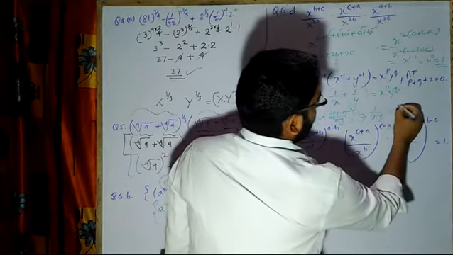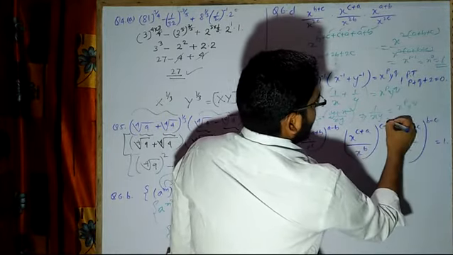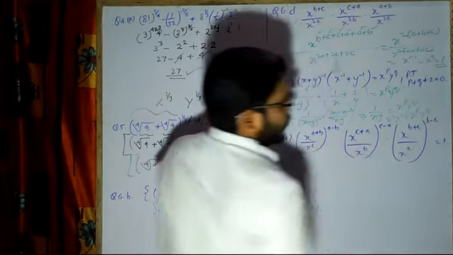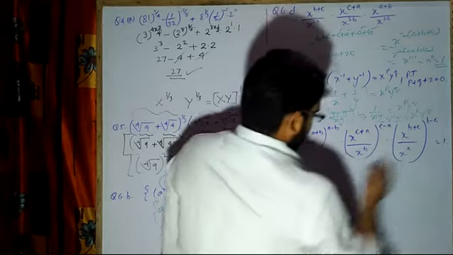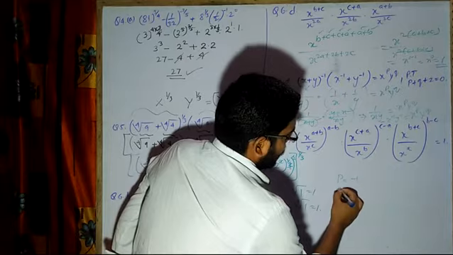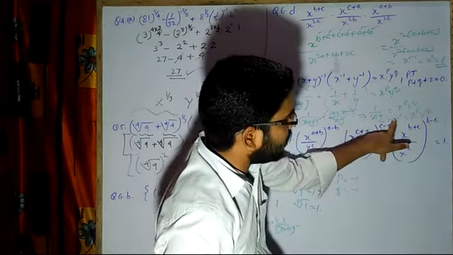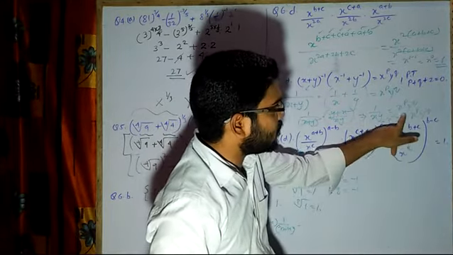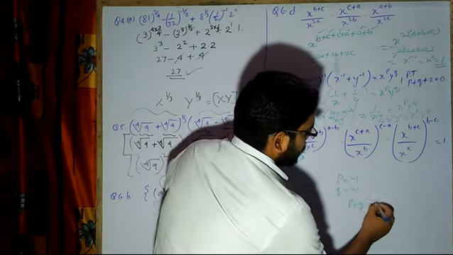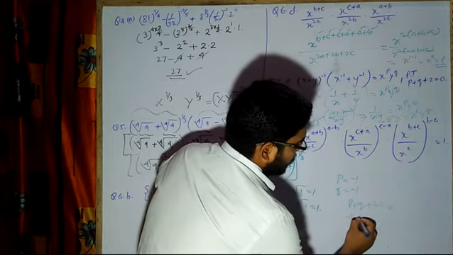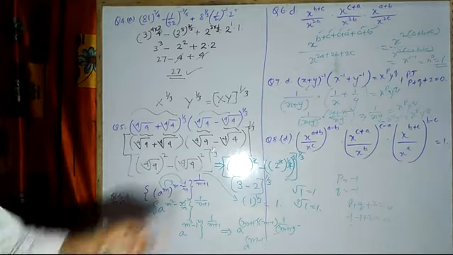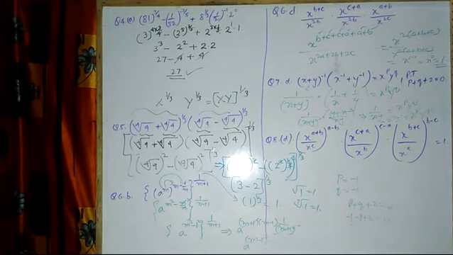1 upon xy is equal to x raised power p, y raised power q. X minus 1, y minus 1 is equal to x raised power p, y raised power q. Understood? Now after this I will be writing here, since I don't have space. So I can compare: p is equal to minus 1 and q will be equal to again minus 1. If I compare, x raised power minus 1 with x raised power p, p is equal to minus 1, and y raised power minus 1 with y raised power q, q is equal to minus 1. Now we have to prove p plus q plus 2 is equal to 0. Instead of p and q I will write minus 1 minus 1 plus 2. Obviously this is equal to 0. Hence this is proved. Now question number 8D I will solve after erasing the remaining portion.